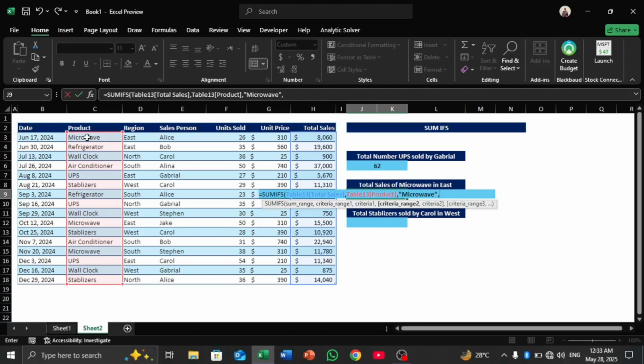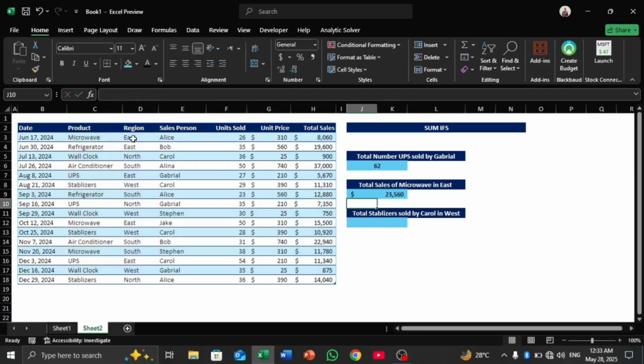And the criteria range 2 is the list of regions. So we select these, comma, and these regions must be equal to east. So we type east, and bracket close and enter. So we get the total sales of microwave in East region, which is equal to $23560.